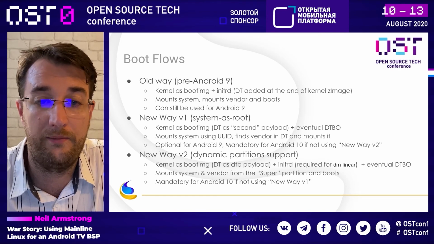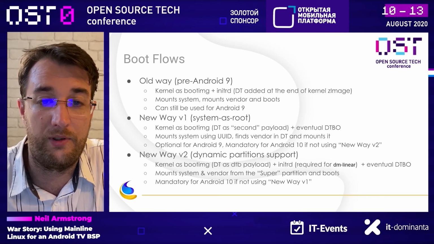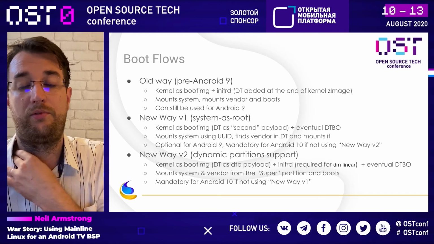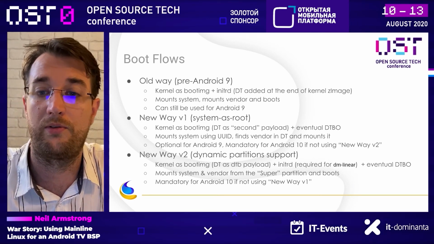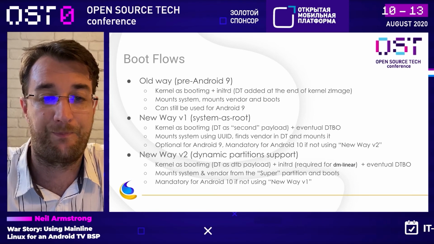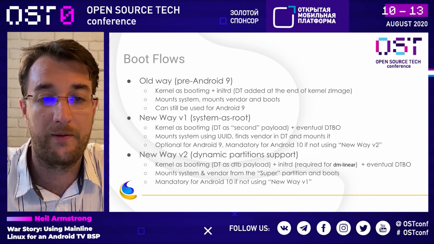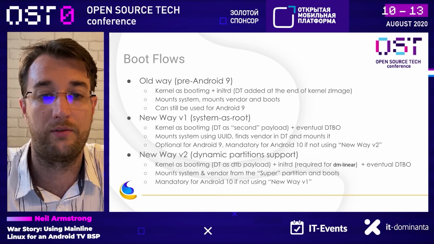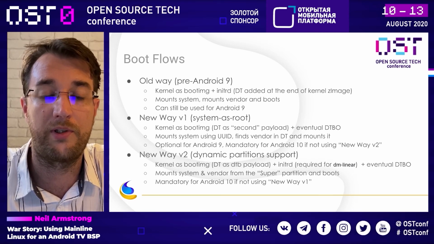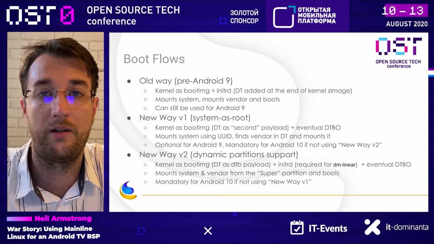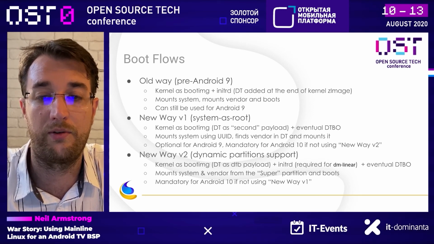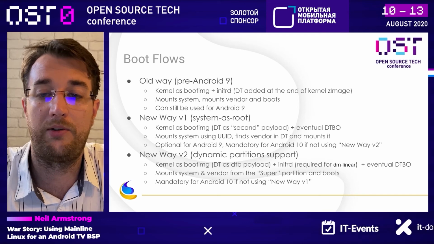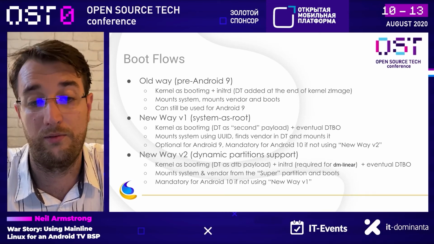The new way that was introduced is system as root. There is a kernel with DT now in the second payload, which is not catted to the image, and eventual DTBO, which is a DT overlay. It doesn't have an init.rd, but there are some patches in the kernel that allow the kernel to mount the system as a root of the system directly using UUID. The vendor partition is defined in the DT, and you mount it. That was introduced for Android 9 and mandatory for Android 10, if not using the new way v2,